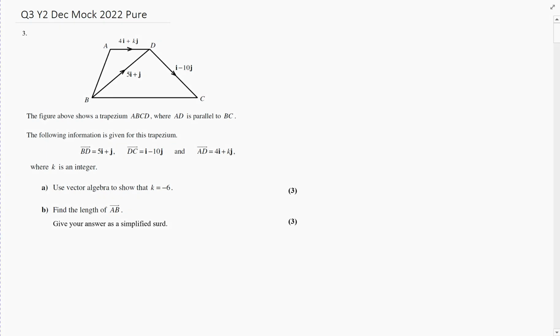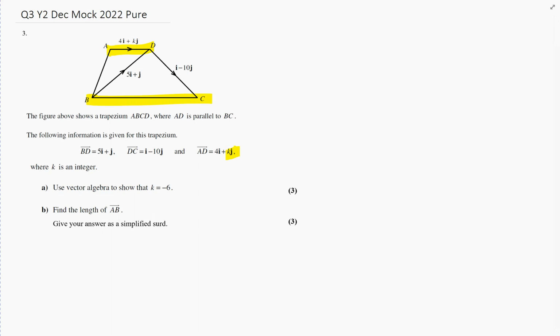Question 3, vectors question. It says use vector algebra to show that k equals -6, and we know it's a trapezium. So somehow we've got to show that this value here is -6. So we need to find the vector AD, and we know the vector AD is parallel to BC. So because these two are parallel, we know they're going to be a multiple of each